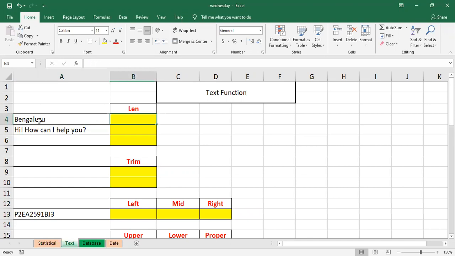Now I want to know how many characters are there within this cell. So how to check that? For that, which function will we be using? LEN. First, you have to give equals. Whenever you're using any function, you have to begin with the equals symbol. Now give LEN, open parenthesis. Now it is displaying text. I'll select the text,